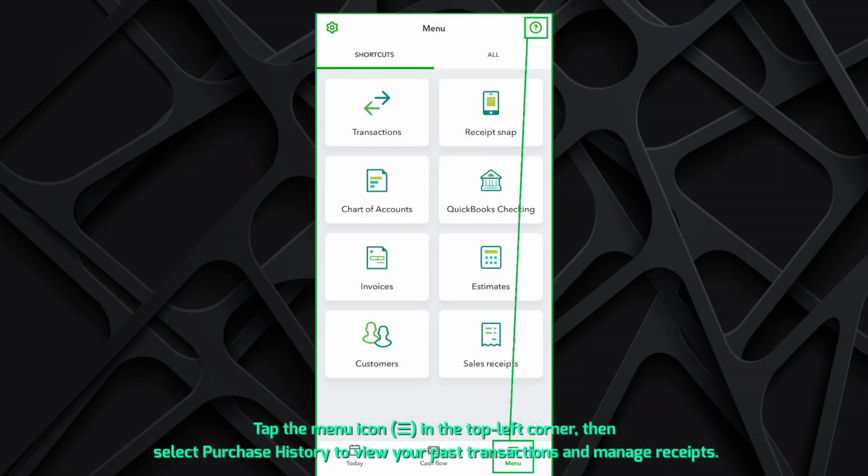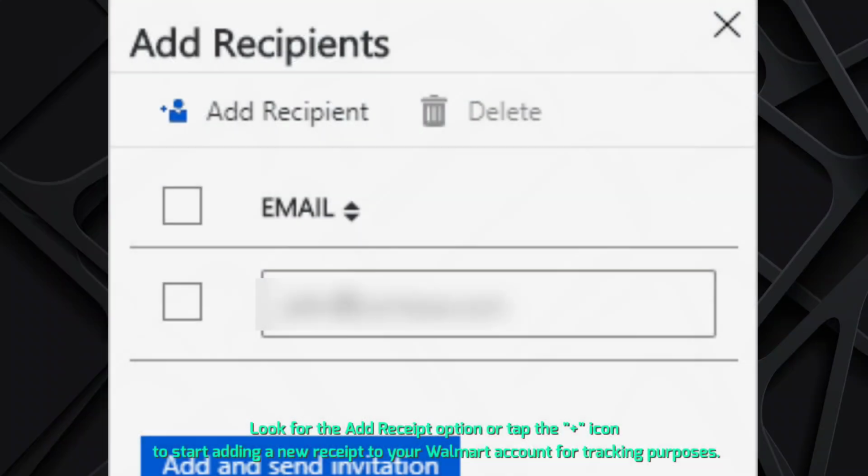Tap the menu icon in the top left corner. Then select Purchase History to view your past transactions and manage receipts. Look for the Add Receipt option or tap the plus icon to start adding a new receipt to your Walmart